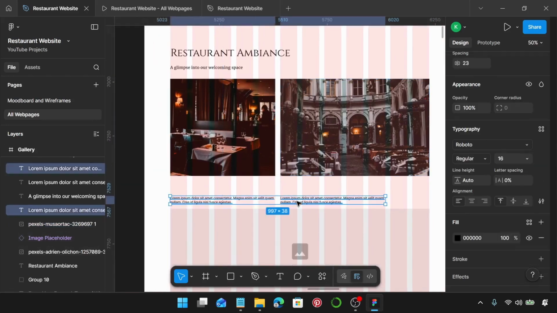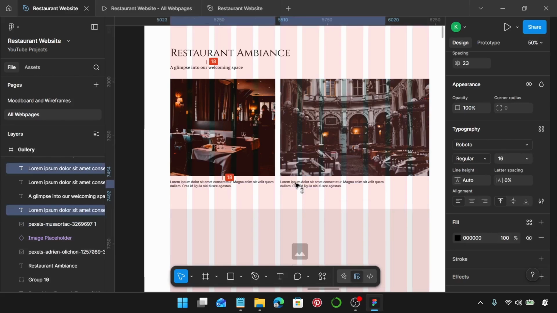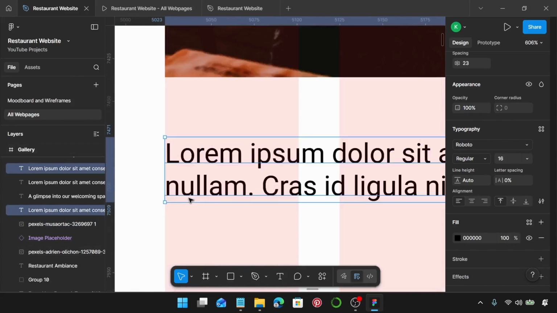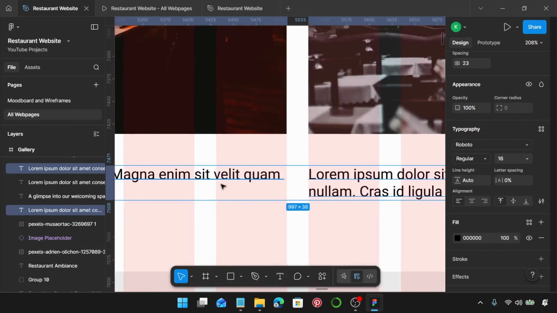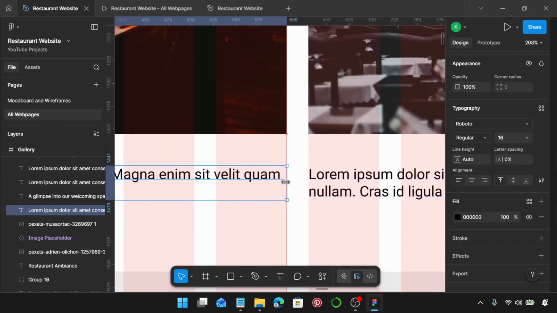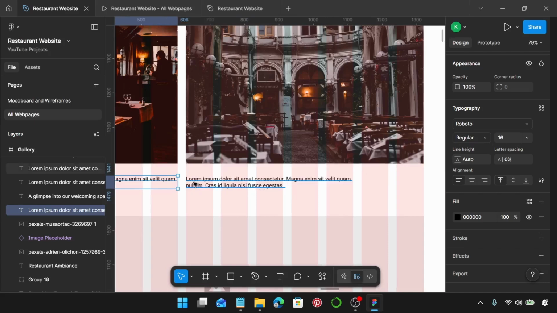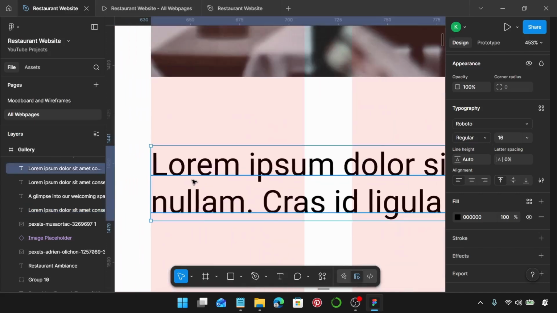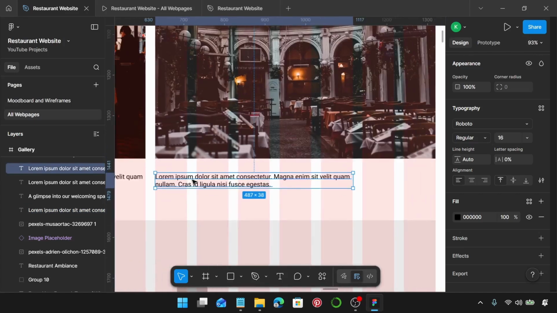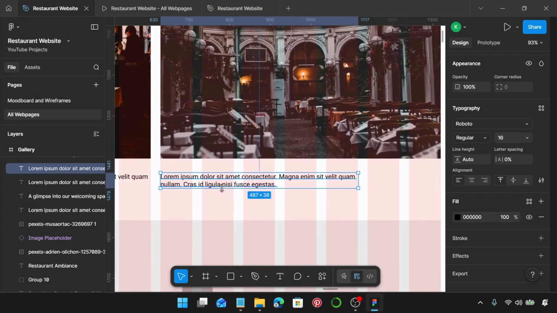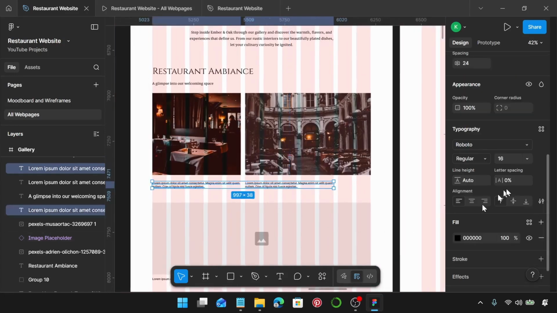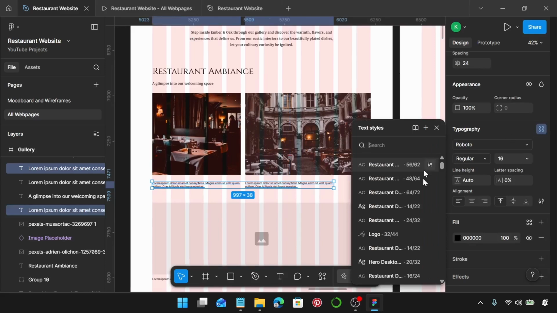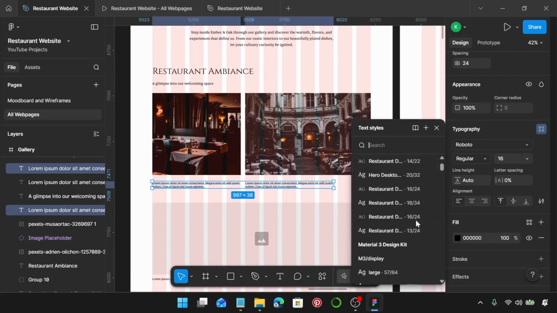With these two texts, I can just move both of them a bit closer. Let me just make sure this one is on this edge, and then it's also on 5 columns to match the image, and this one also. I'm going to have it here. So I can just select these two, go over to typography, and we are going to use the restaurant desktop